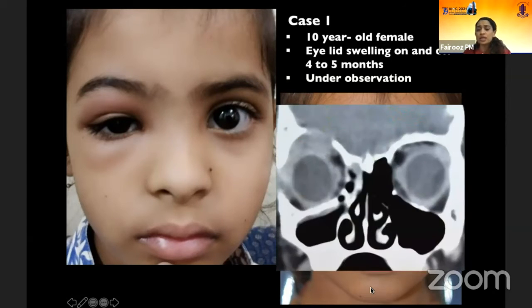And this is what we found in the CT scan in the subsequent visit, where there is a lesion situated in the superior orbit. What was very striking is that a lesion presenting like a preseptal cellulitis, which was diagnosed elsewhere and treated conservatively, had even a bony erosion. And what you see here is the dural exposure.